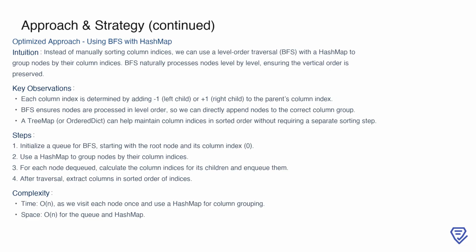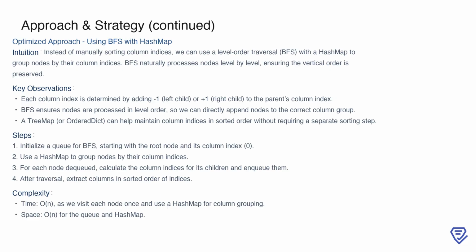Each column index is determined incrementally. Moving left decreases the column index by 1, while moving right increases it by 1. BFS ensures that as we process nodes, we append them directly to the appropriate column group. By employing a tree map or an ordered dict, we can maintain the column indices in sorted order without needing